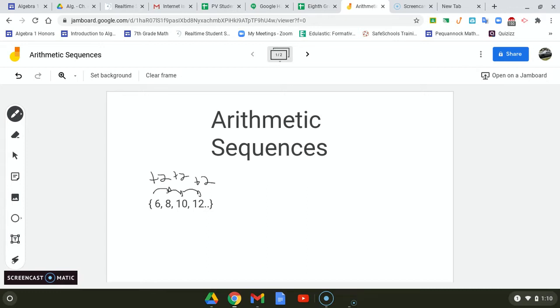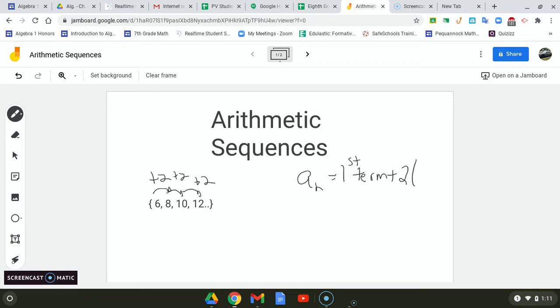Okay, so one way that we can do this is called an explicit method. And what we're going to do is find the term. Okay, and that's how we identify the term we're looking for. That's a sub n. N is going to be the number of the term. And the way that we're going to find that is we're going to take whatever the first term is, and we'll write this a little neater in a minute. Okay, so we're going to take the first term and we're going to add to it whatever the common difference is. In this case, the difference is 2